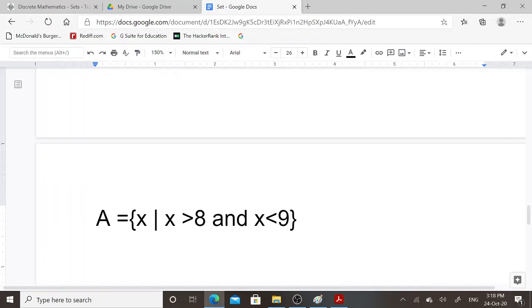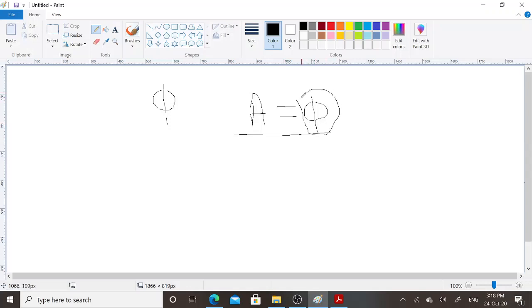Here I have specified set A, and the elements present in set A are X such that X is greater than 8 and X is less than 9. So we cannot define a particular element which is greater than 8 and also less than 9. So this is empty set or null set, that is phi,